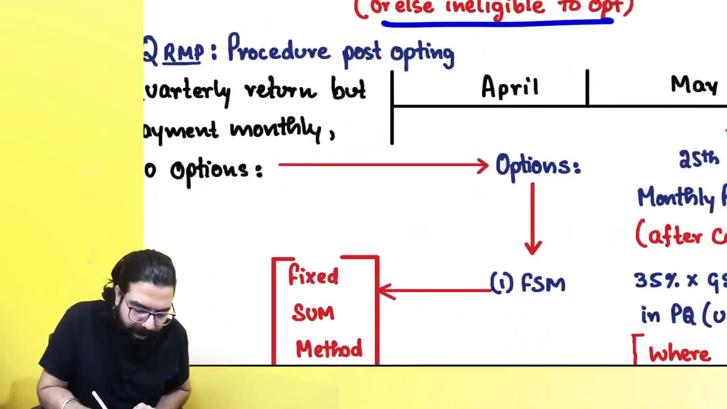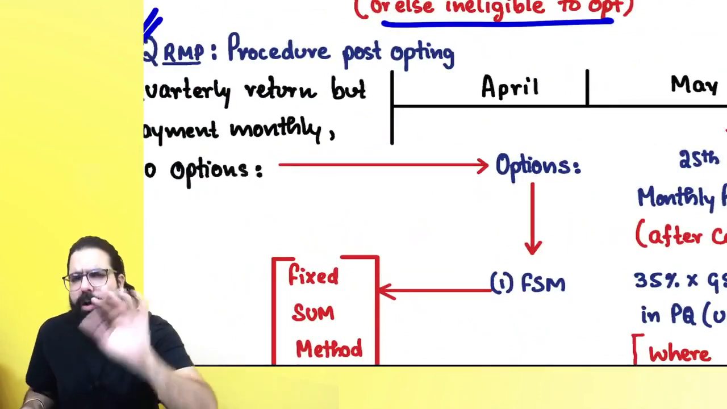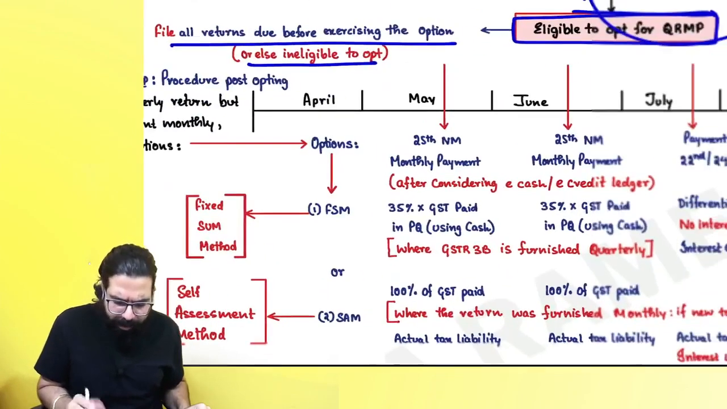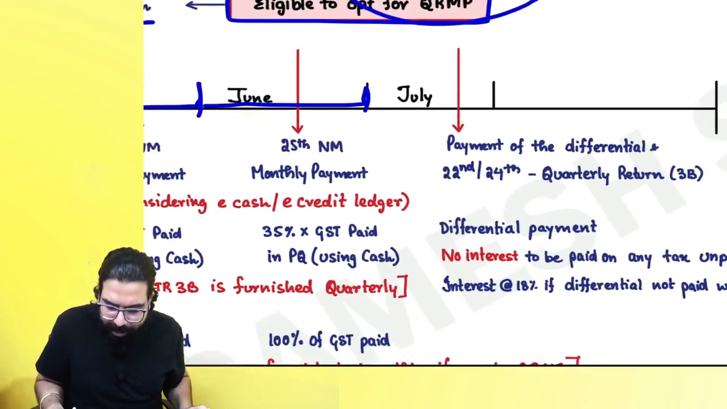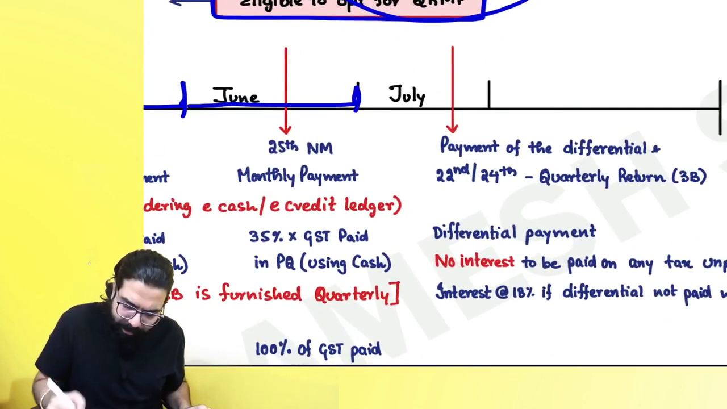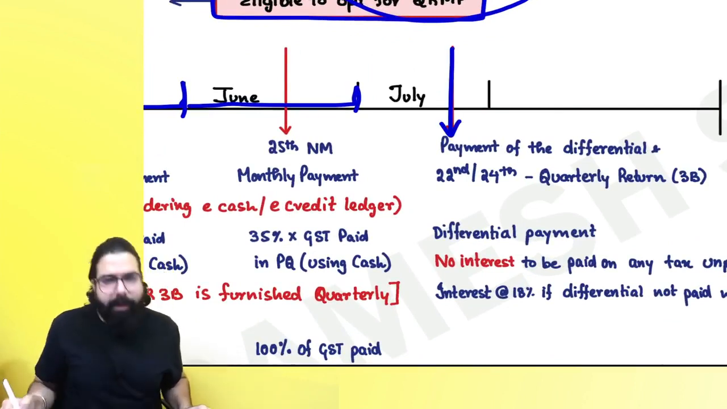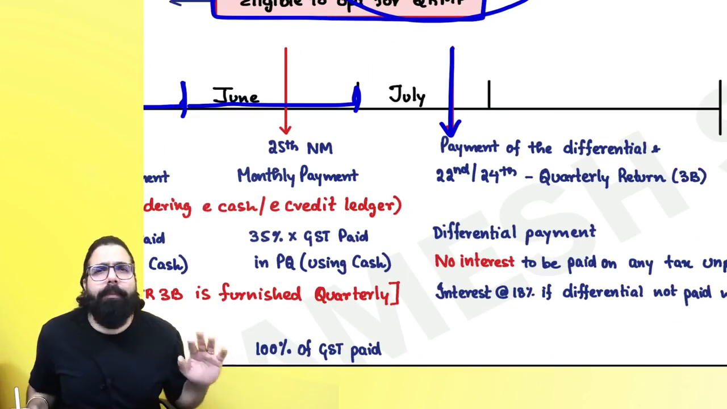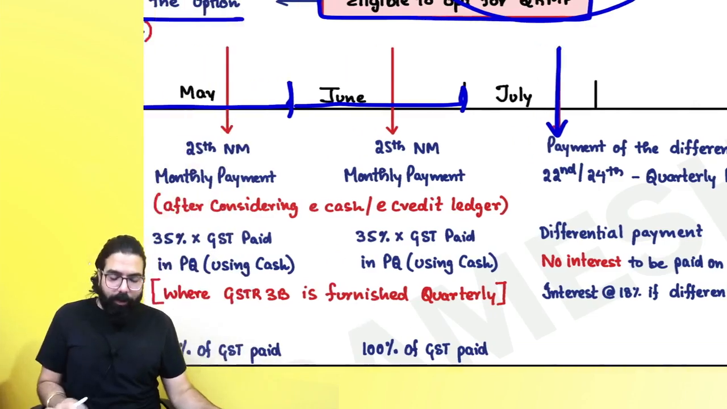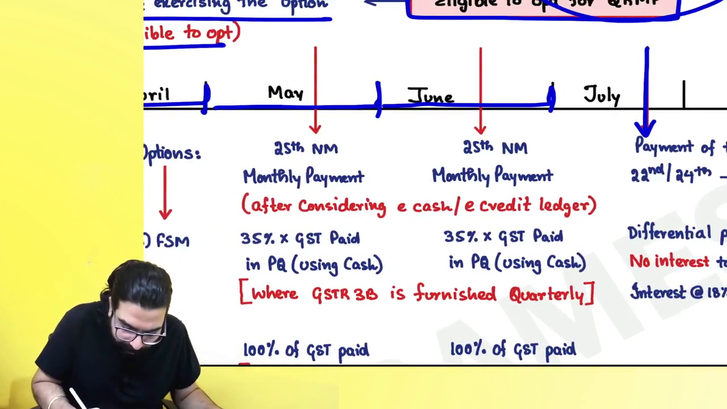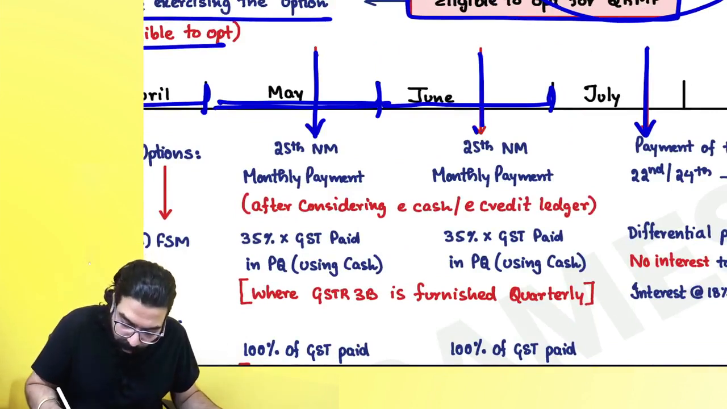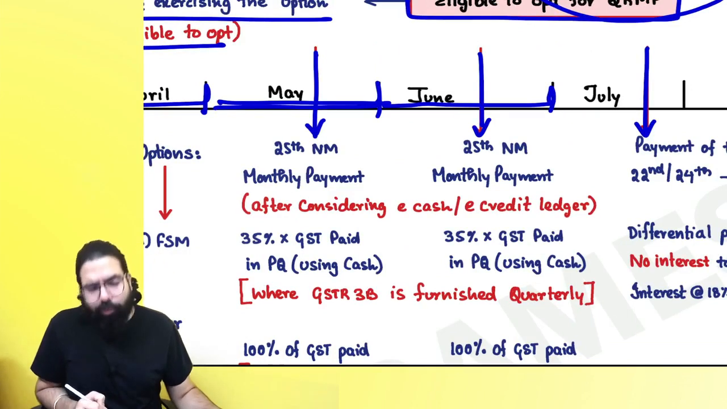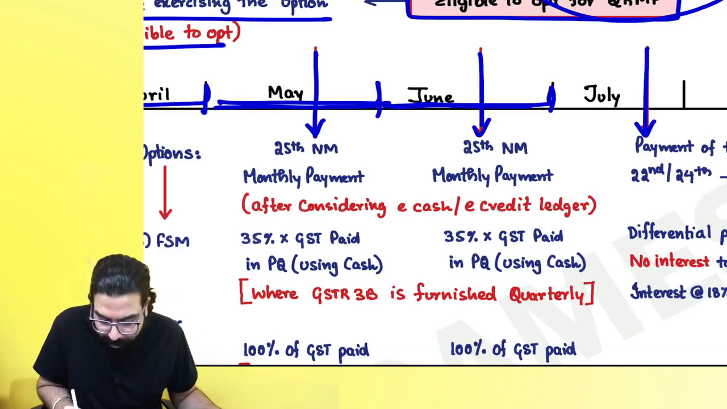Sir, once I have opted for the QRMP scheme, I will be filing my return quarterly for April, May, June. I will file one GSTR 1 and one GSTR 3B. But sir, I have to make payment monthly. Yes, the government said that for the month of April, by 25th of May you have to make the payment. For the month of May, by 25th of June you have to make the payment, and sir, then for June